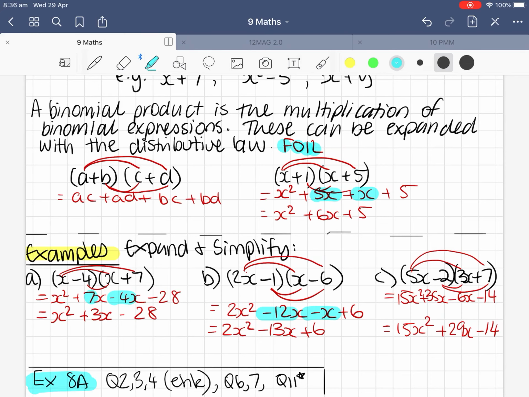So guys, in order to practice these, you're now moving to exercise 8A. So questions 2, 3 and 4, if you just do E, H and K of each of those questions, you'll get a range of questions from having 2 pluses in the brackets to having a minus and a plus, 2 minuses and also some coefficients. Moving on to question 6 and 7, and then of course our challenge problem, question 11, if you're up for it. If you have any questions,